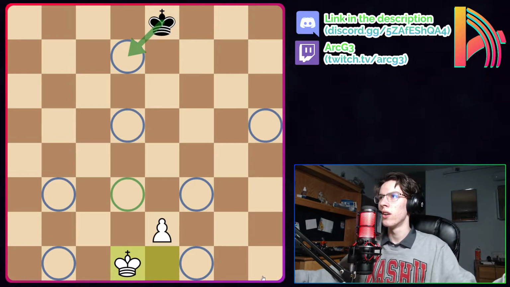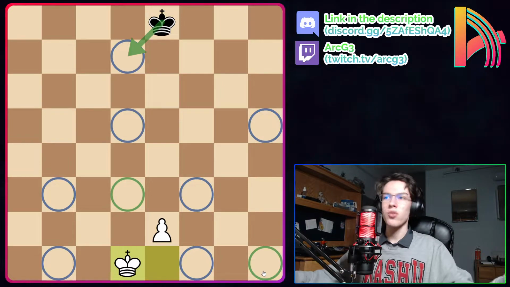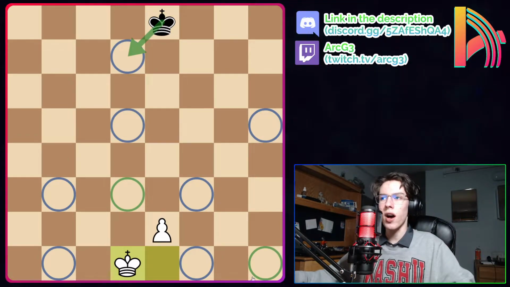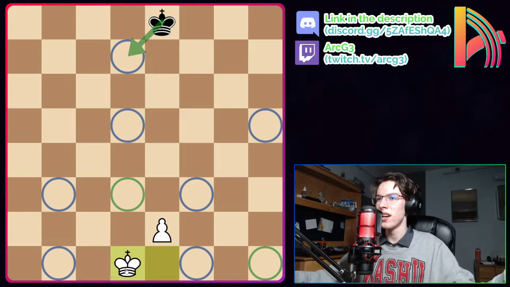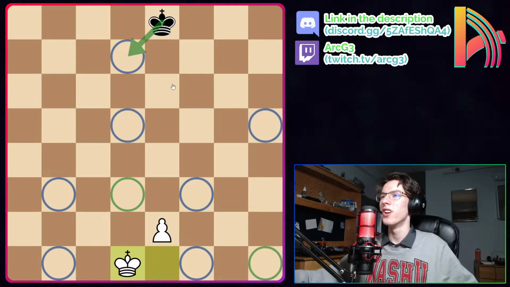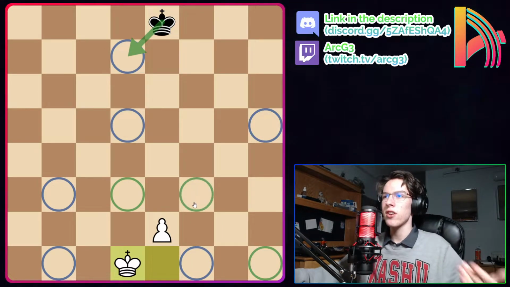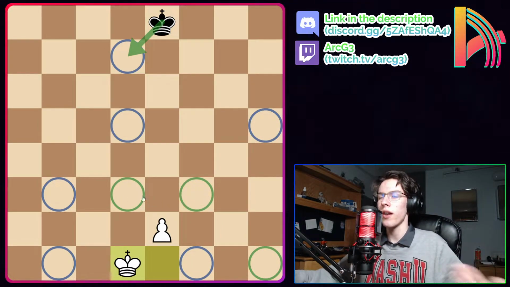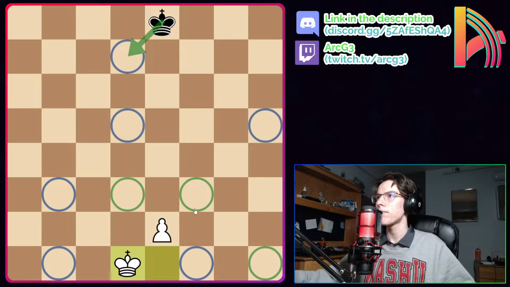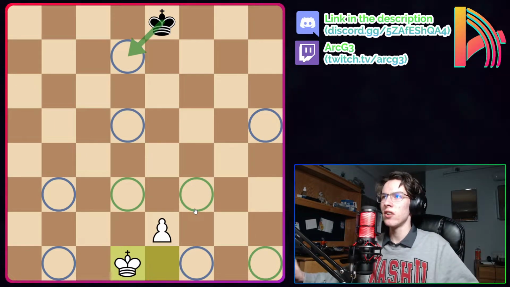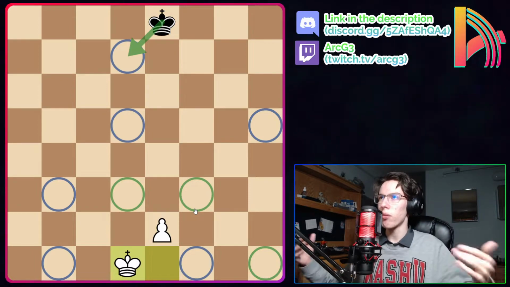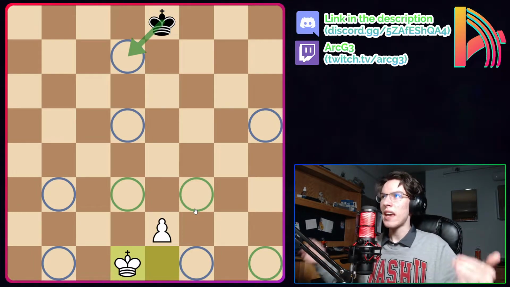Like this square, h1 is not a meaningful opposition square because white's king is not trying to go to the right side of the board. White's king is trying to go up the board. And some of these squares, like f3 or e3, are not even legal squares. But they're highlighted just to help you visualize where the black king needs to be to gain distant